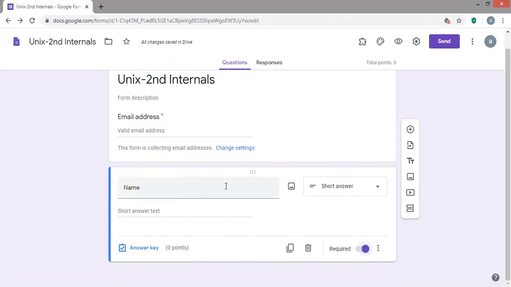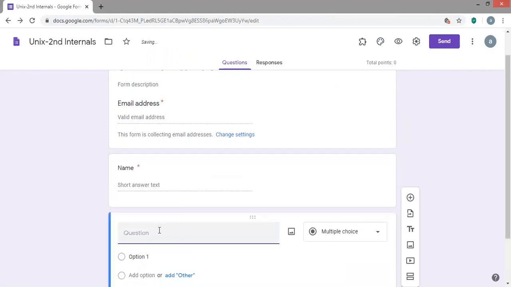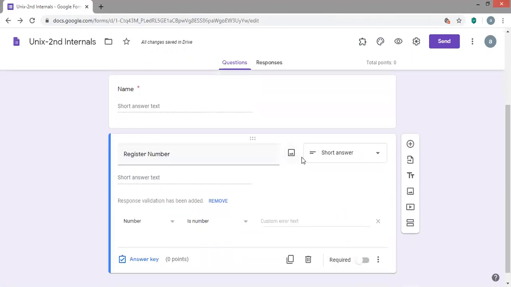I would like to add one more field. Just click on this, and one more field will be enabled here. I request the students to enter their register numbers. Again, by default it will take it as a short answer, and response validation has been added.